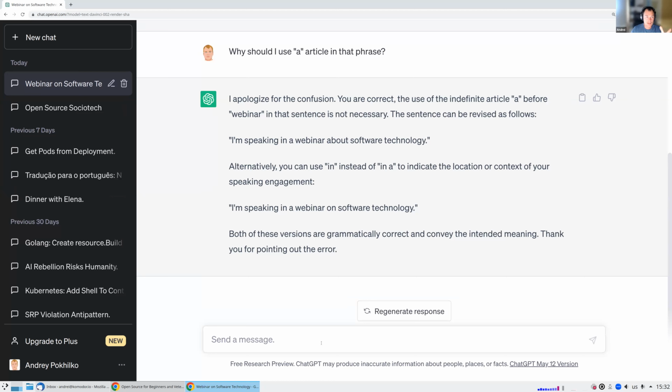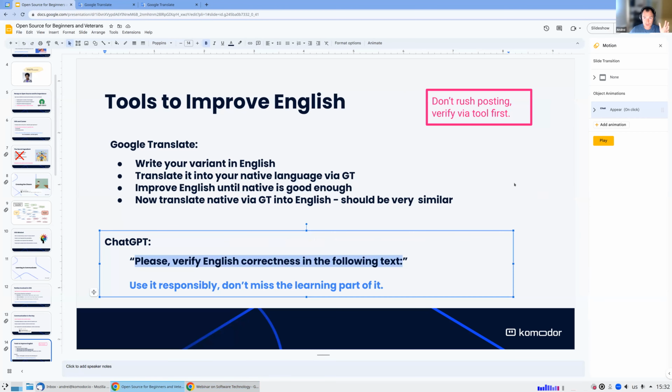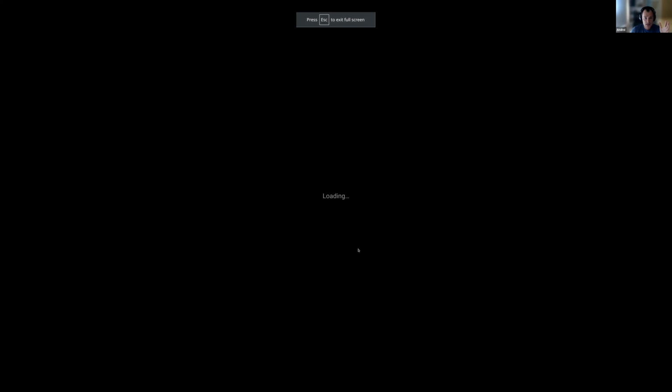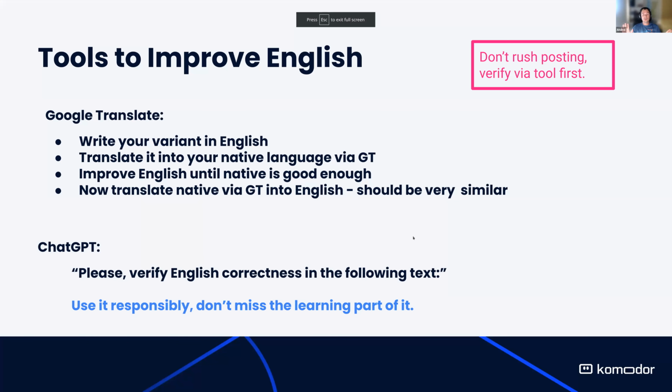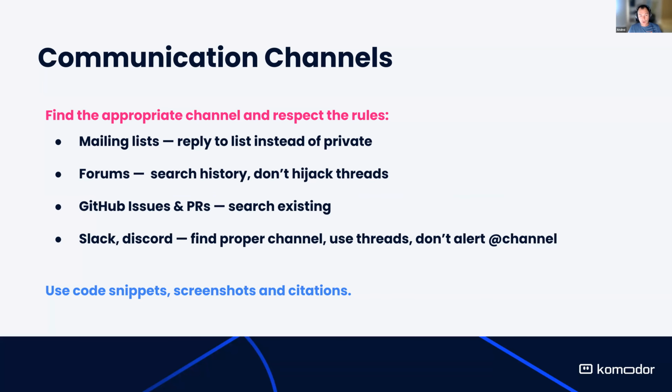And the key is, again, what does it mean to use it responsibly? It means that you should not just offload your English text into it. No, don't do that. Try to create English phrases yourself. I was using phrases today to test that, and it was just saying, okay, you're writing it correctly. That's fine. This is when your English is fine, when it doesn't rephrase it. Improve your English skills.